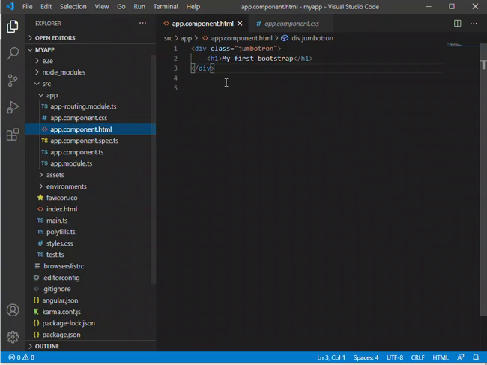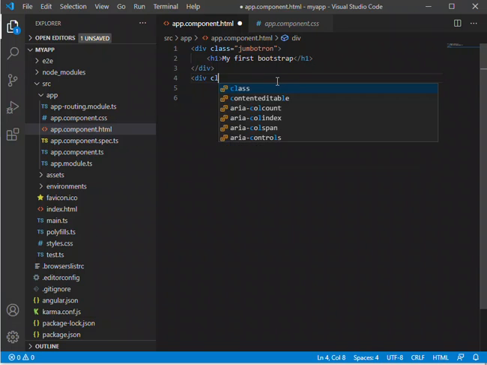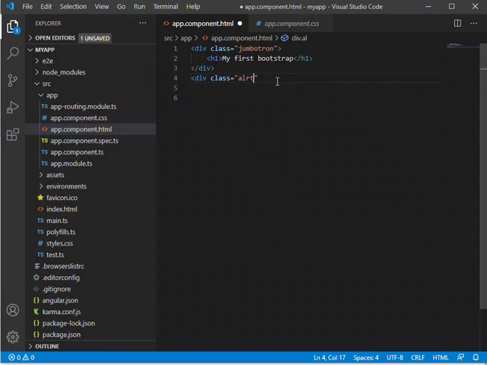Now, aside from Jumbotron, we can also create an alert box. You can already put any Bootstrap code in here since we have successfully integrated Bootstrap.